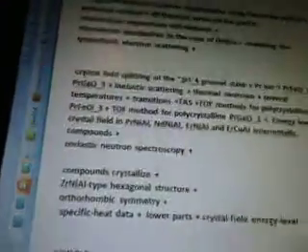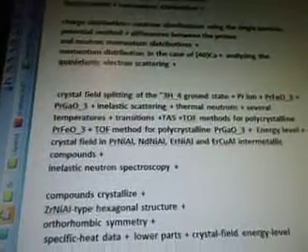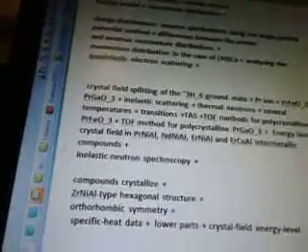plus crystal field splitting of the 3H4 ground state, plus Pr ion, plus PrFeO3, plus PrGaO3, plus inelastic scattering, plus thermal neutrons, plus several temperatures, plus transitions, plus TAS, plus TOF methods for polycrystalline PrFeO3, plus TOF method for polycrystalline PrGaO3, plus energy level, plus crystal field and Pr, those words there,